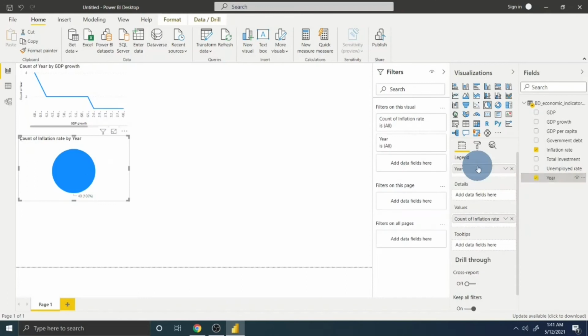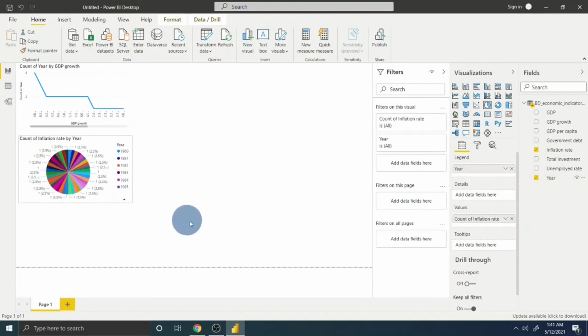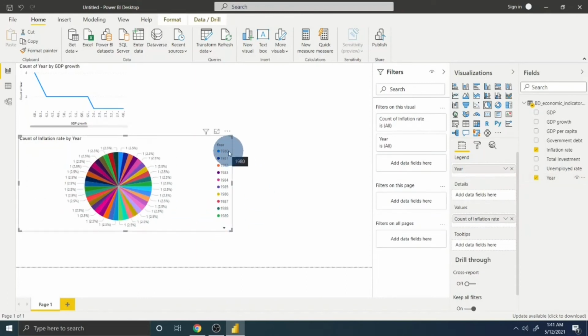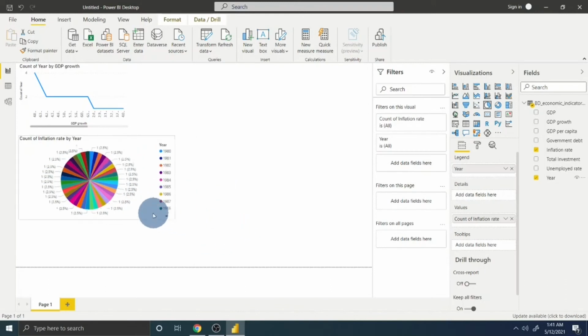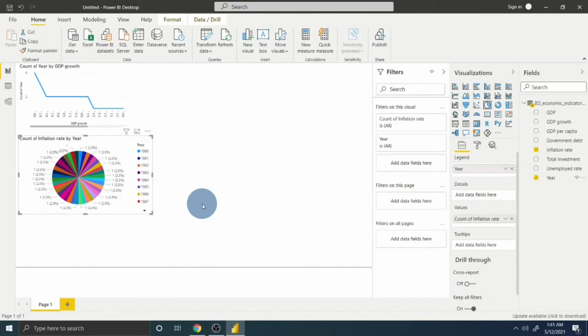So we put the legend value, and you can see here that in our legend, from 1980 onward, these are the years we have selected as the legend, and we can create our year wise inflation rate pie diagram. If we'd like to do that, we can easily create several types of data visualization effects.